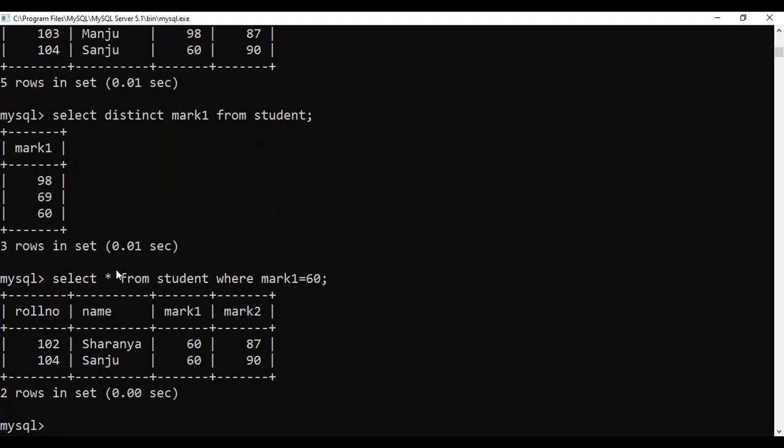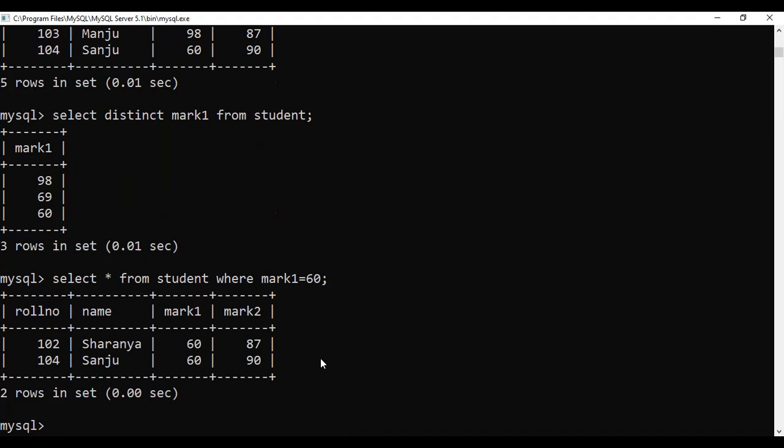If I need only specific columns, you have to give them separated by comma. Instead of star, you have to give roll number. If I need roll number and name only, you have to give select roll number, comma, name from student, where, what is the condition. In your question, the table will be given and the query will be given. So read the query 2-3 times, from that you will get the command. Now this is called a relational operator, isn't it?